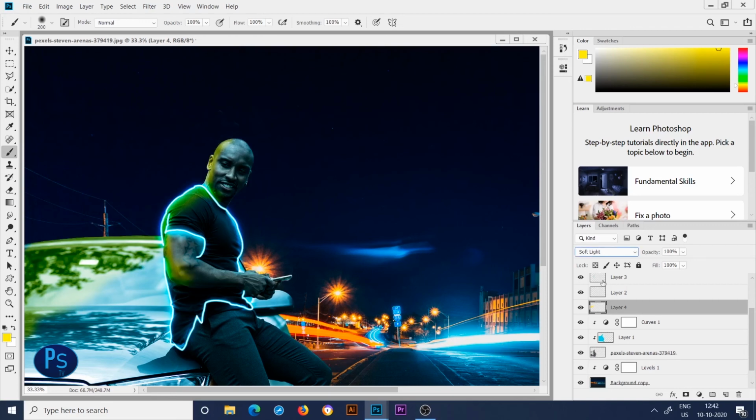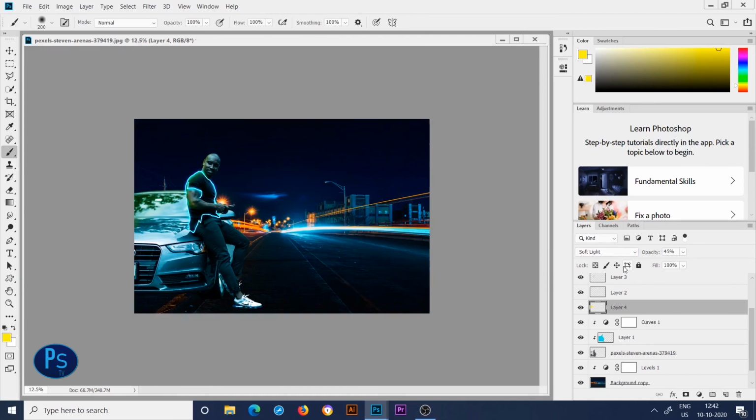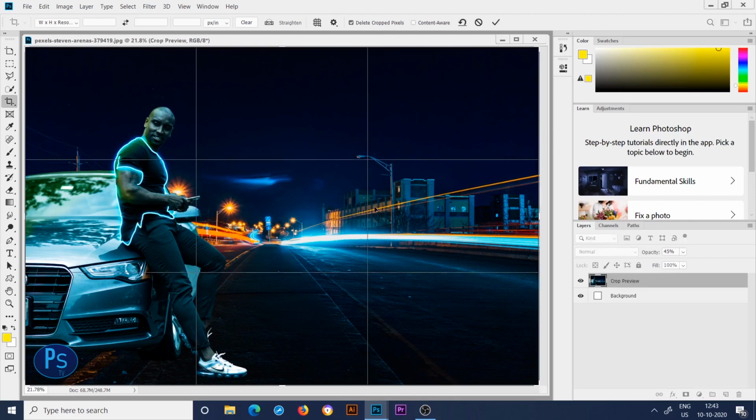I'll choose Soft Light and bring the opacity down to 40 to 50%. I'll choose 50%, and that's it for this manipulation tutorial. If you want to crop this image, then press C for the crop tool, then click once,